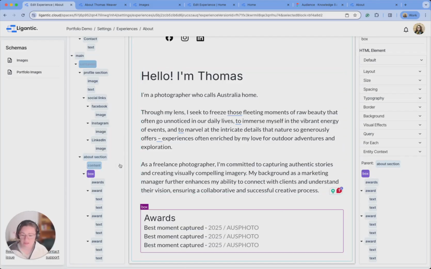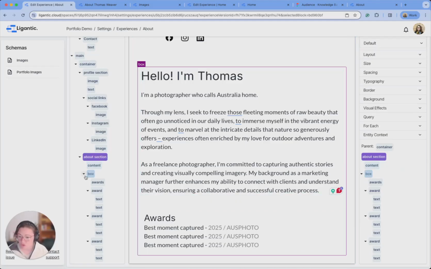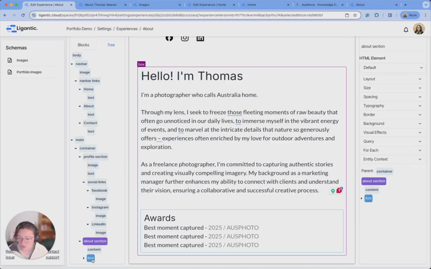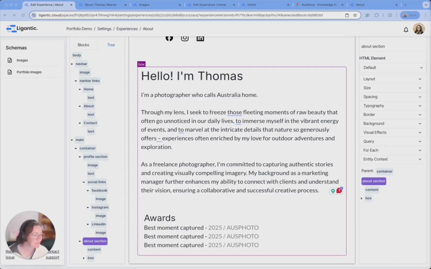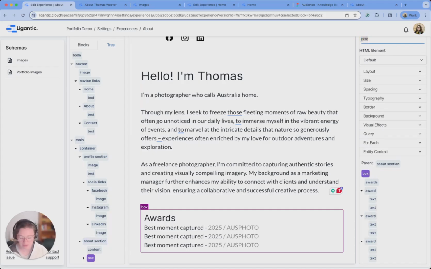That makes sure that for the about section here, it's got two elements. If I close this one up, it's got two elements, and that gap is applied between those two elements rather than between all of the children elements within there. So in doing that, you probably want to have a smaller gap between this awards container